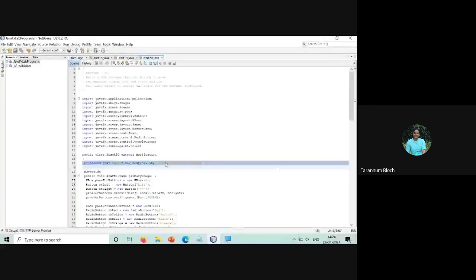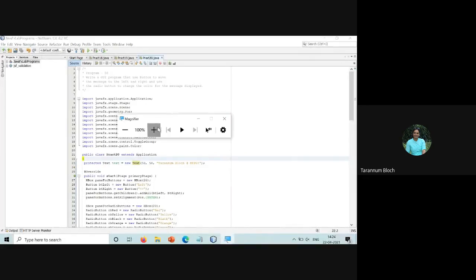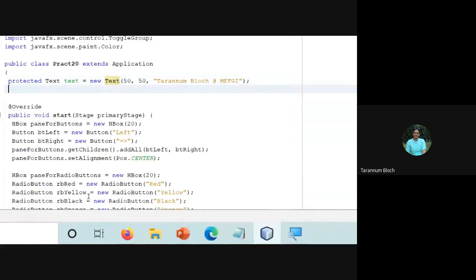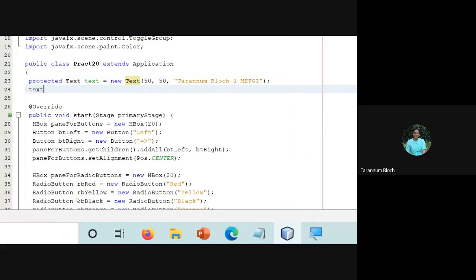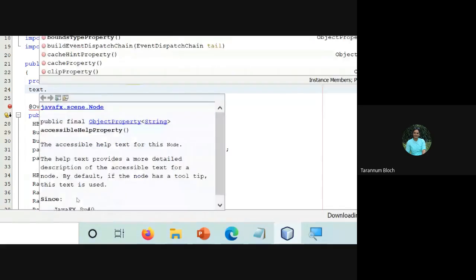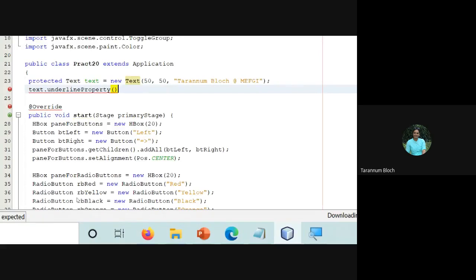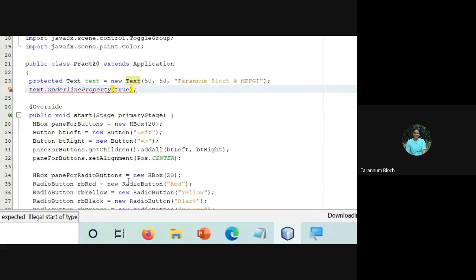What I have to do is use the object, which we created, text. We say dot underline, and if I give true, it will give me the underline. Okay.